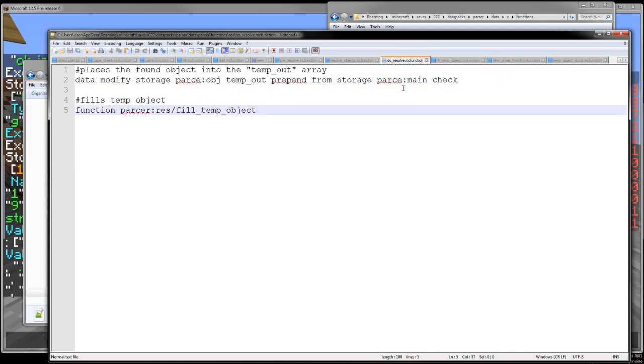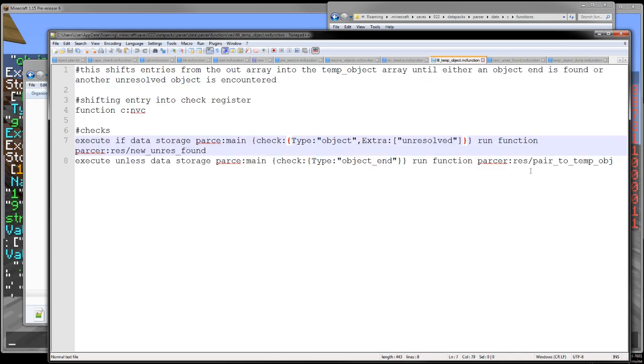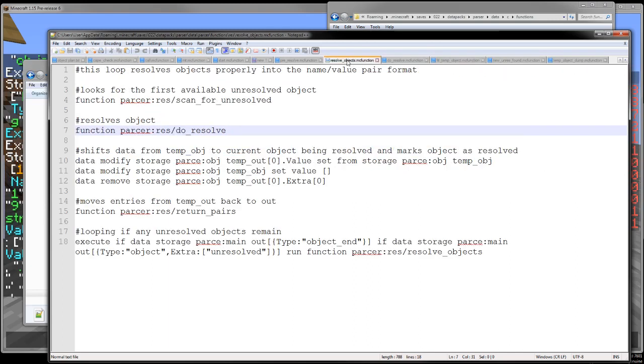And this is the same exact thing that I explained before. And then this repeats fill temp object, and then this keeps going until either it finds the end of an object or another unresolved object. Then that will repeat over and over again until it finally finds an unresolved object that has no unresolved objects within it, and then it goes until it finds the object end, and then it will run our next thing,